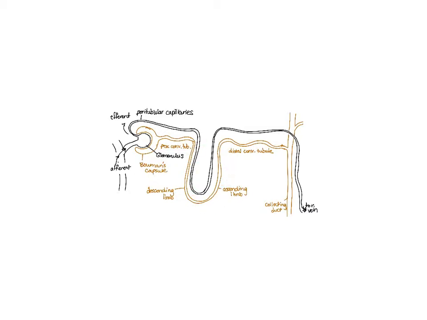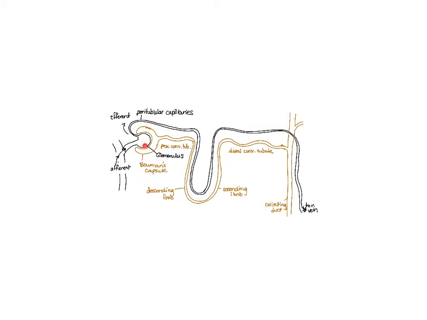descending and ascending limbs, your distal convoluted tubes, and again distal referring to the fact that it's farther away from the Bowman's capsule, where the proximal is approximately right on top of it. Distal is away from it a further distance, and finally our collecting duct. Now we've got a blood vessel right here that would be coming off of the renal artery, and so